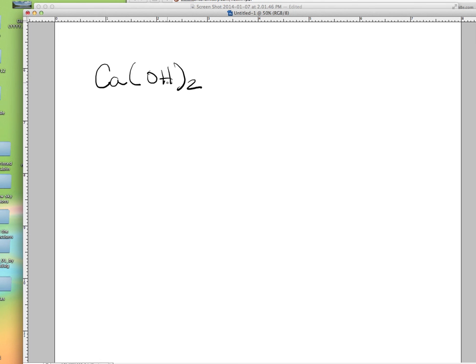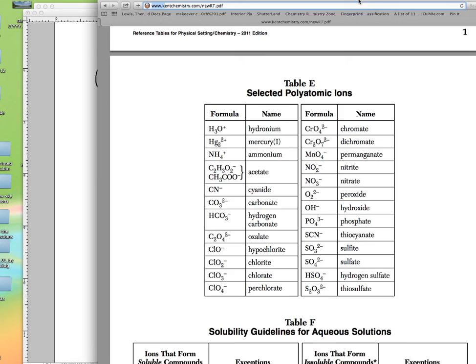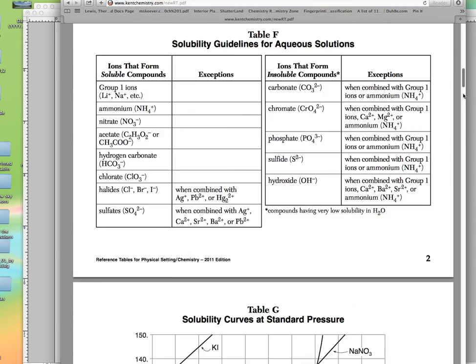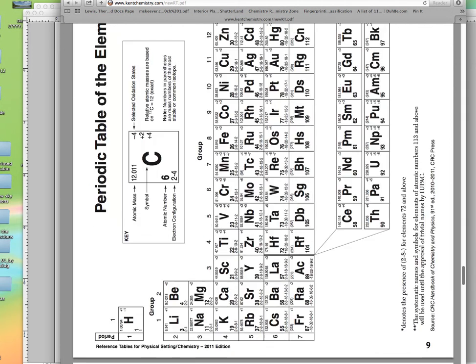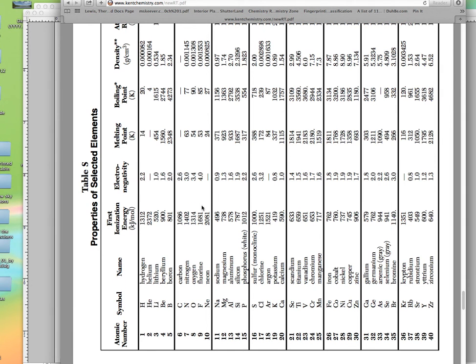Okay, now before we go ahead and try to find the gram formula mass of this, I want to take this and name it, because we haven't done that in a while and we need a little bit of practice. So we're going to take this Ca and look up what the name of the Ca is, and you find that on your periodic tables. If you don't know where to find it, you're going to find it on table S. Let me show you where it is. Scroll down, keep going. Okay, right here. It's on its side, I know, but if you find Ca,